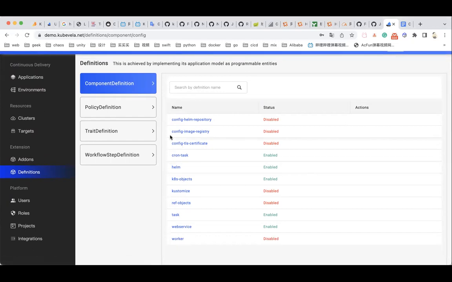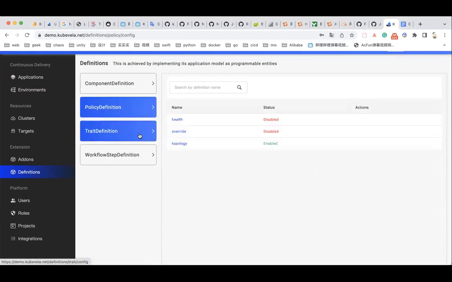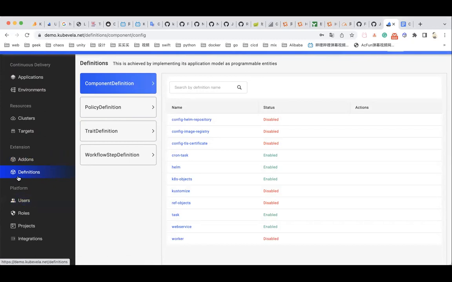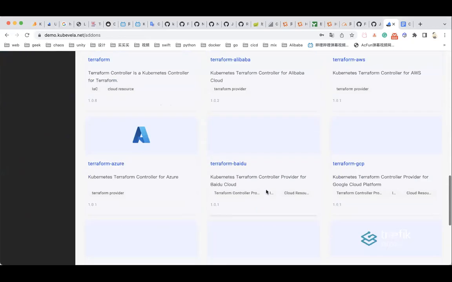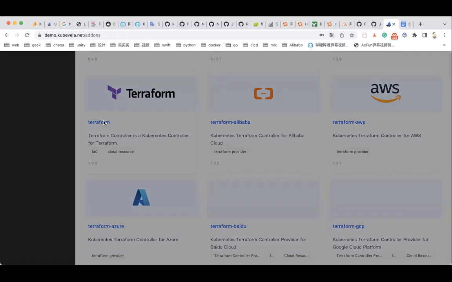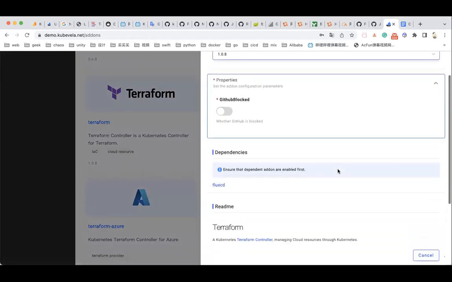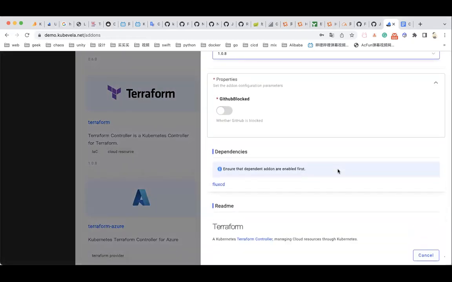For example, actually, I don't think I have enabled the add-on. So here comes another part of KubeVela, that we have integrated so many add-ons, like, for example, the Terraform add-on. If you have enabled this Terraform add-on, there'll be some more built-in definitions, like you can use Terraform HCL in the definitions. So you can just orchestrate your Terraform cloud resources with Kubernetes resources, and some more